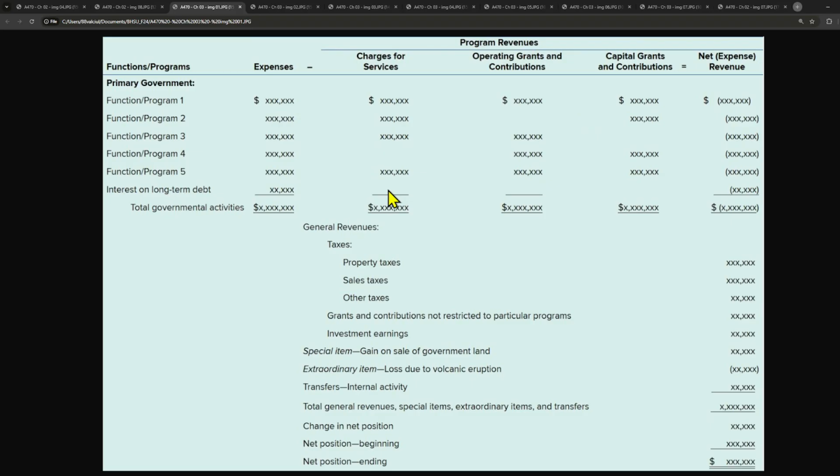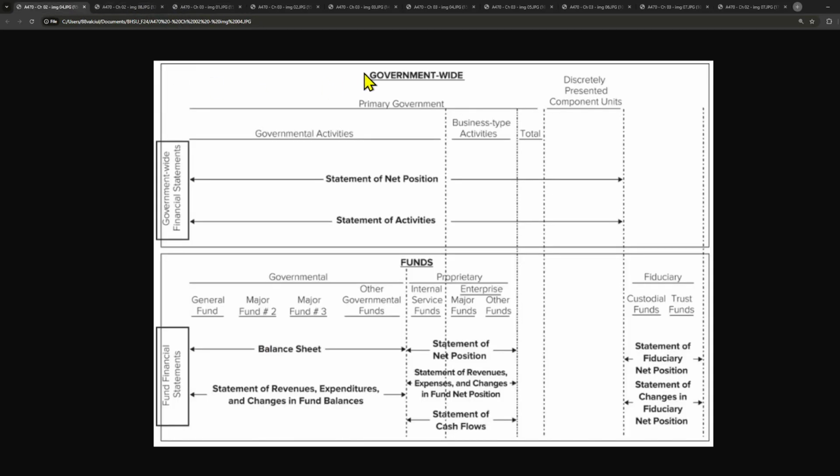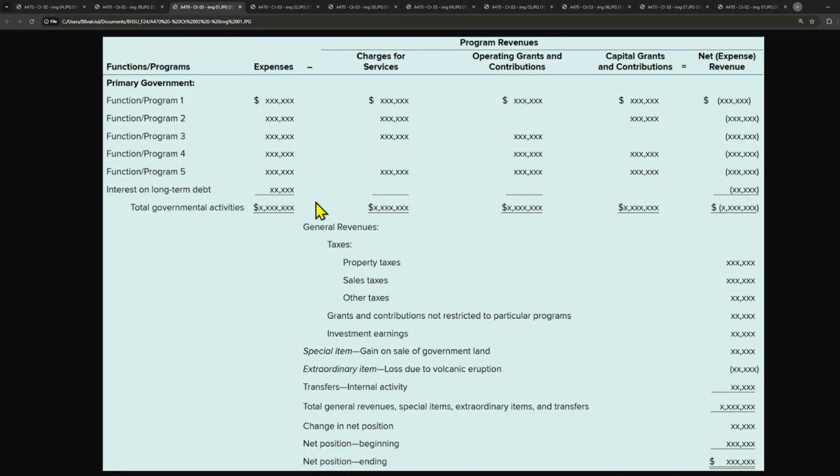So remember, we're still looking at government-wide. This is still a government-wide sheet right here. When we're reporting expenses, so if we continue looking down the